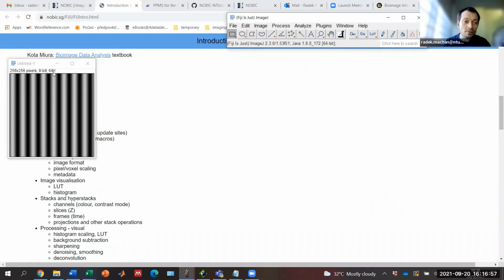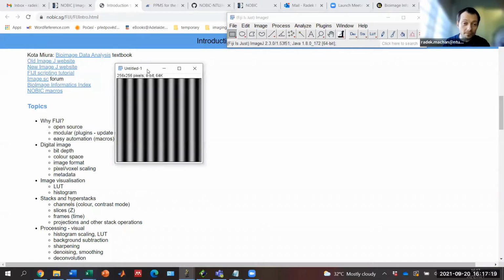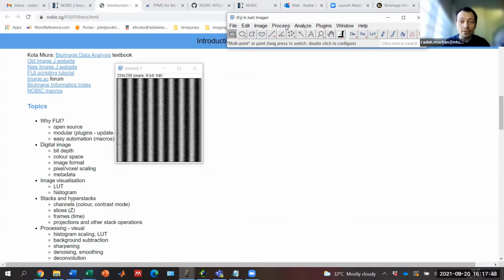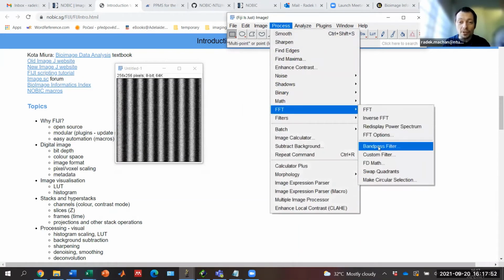So you see, one obvious thing is that when I was removing the higher frequencies, I am blurring the images, so I am removing high frequency content. If I remove high frequency content, it's basically smoothing the image. So this is something very similar to what we did when we were applying, for example, Gaussian blur or median filter on images. So I can show you, for example, here I can do Process, Noise, add noise to this image, and then I do Process, and I have here under the Fourier Transform menu,